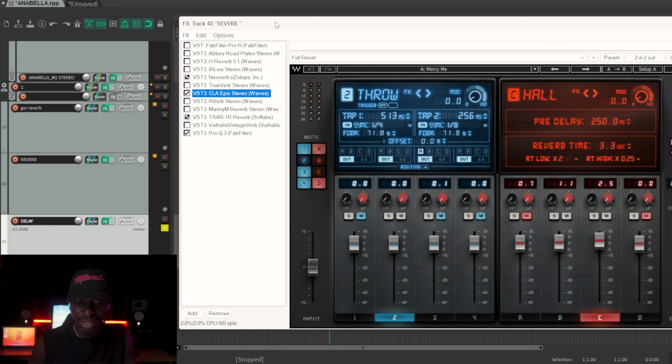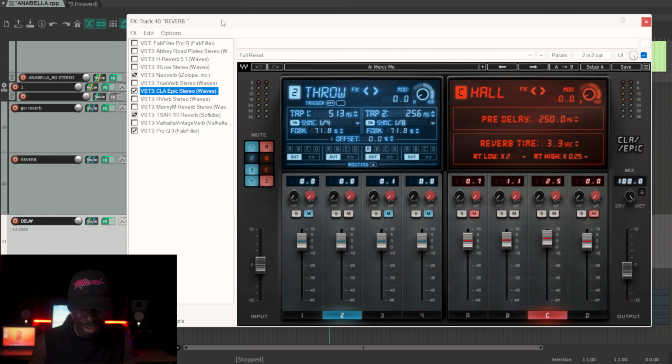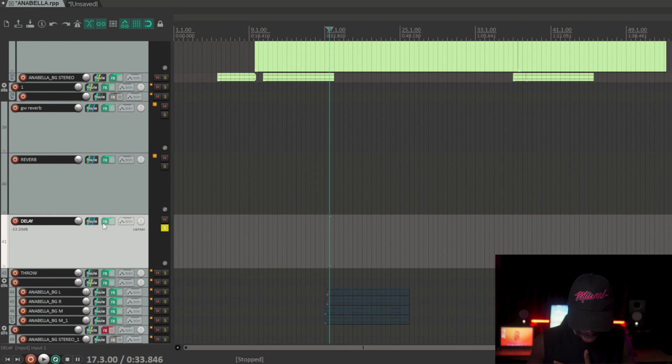I check different reverbs and see what goes with the song perfectly. I'm very, very surprised that I used this epic reverb. Even myself, I'm shocked. So that's for the reverb. Then delay,